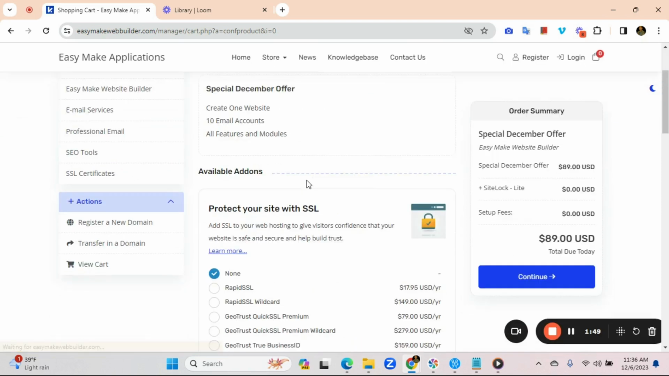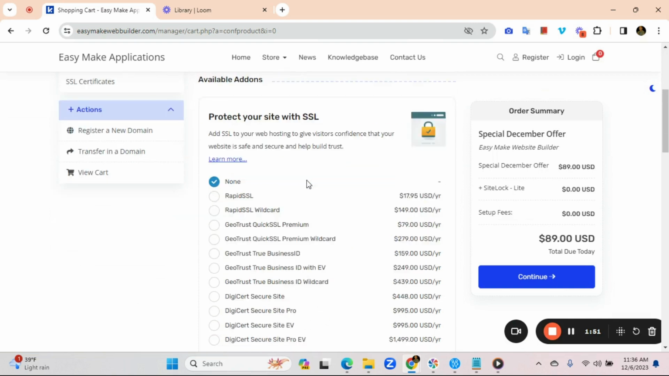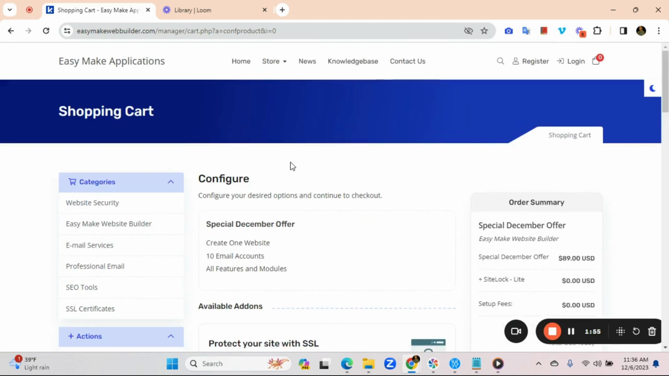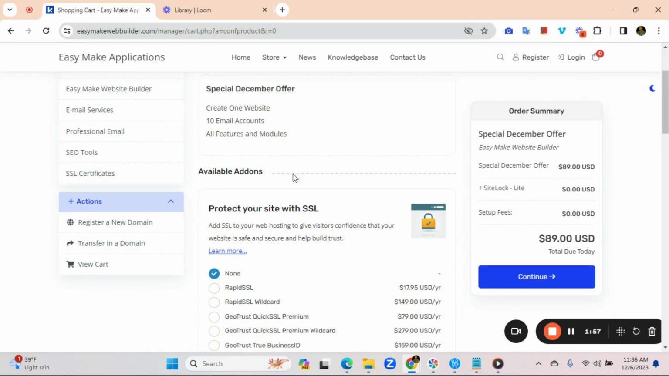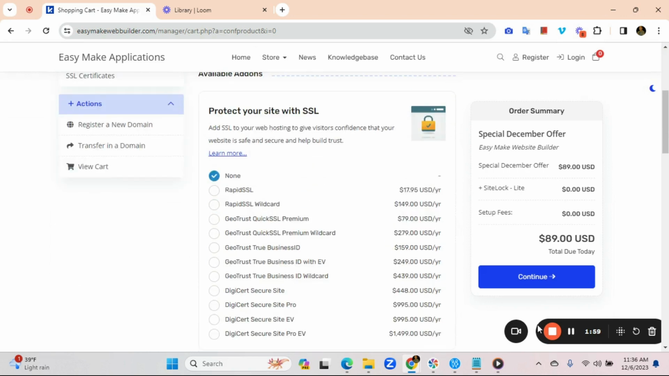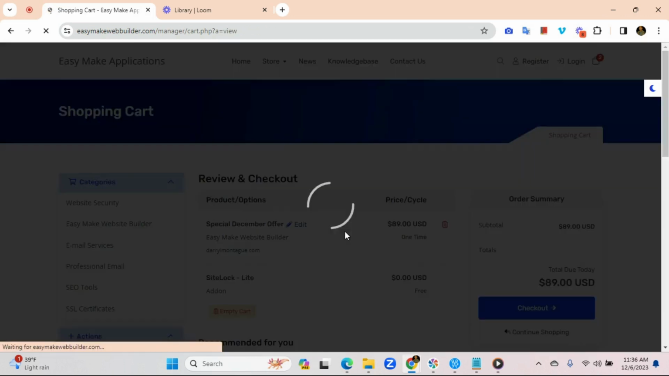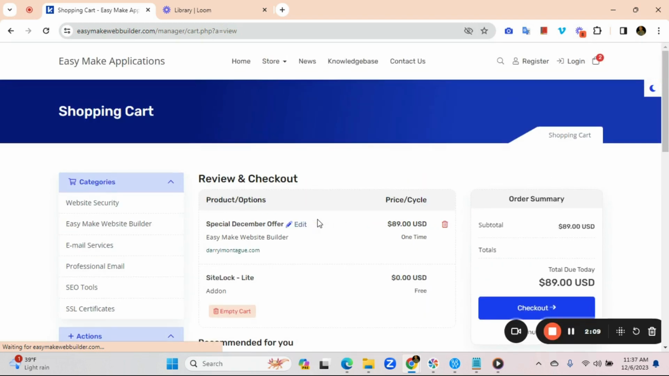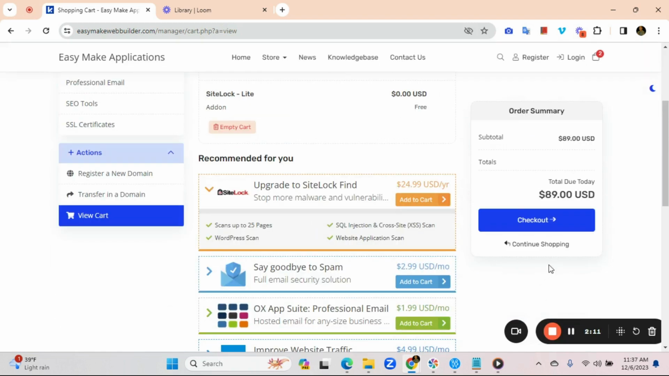And in this step, what we're going to select is our plan and any other additional features that we want to utilize. If we don't want to utilize any of the additional features, we're simply going to select continue. Once we select continue, we're going to come to a screen where we're going to put in all of our information after we do the checkout. So now we're going to select checkout,